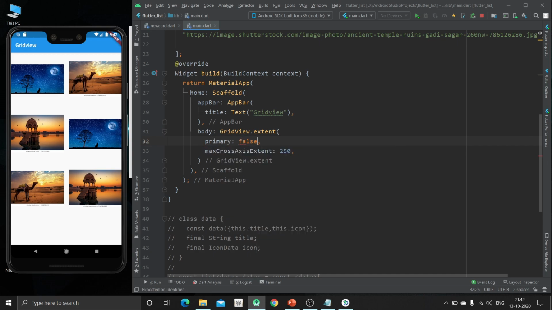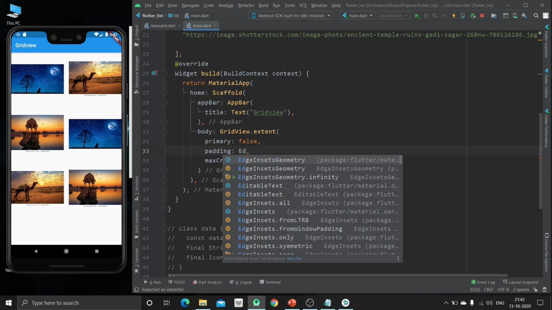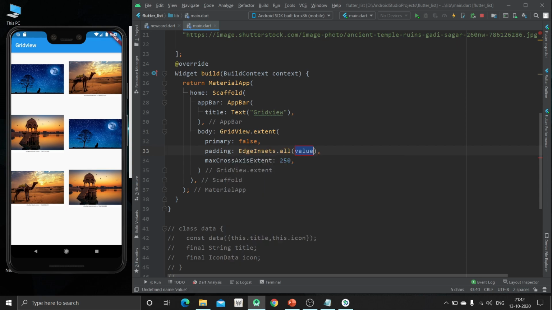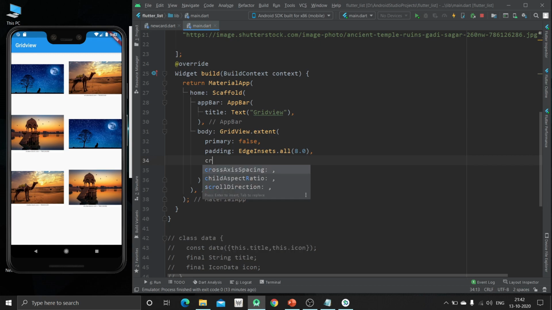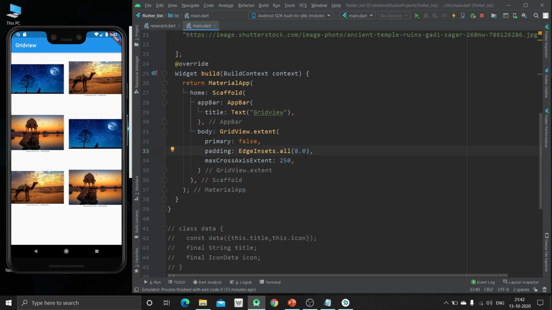So first one is primary false. Now we are going to specify some padding. Now inside this we can specify anything, like by default it is 8. Now after this we are going to use cross axis spacing. So we can specify this property later on also.